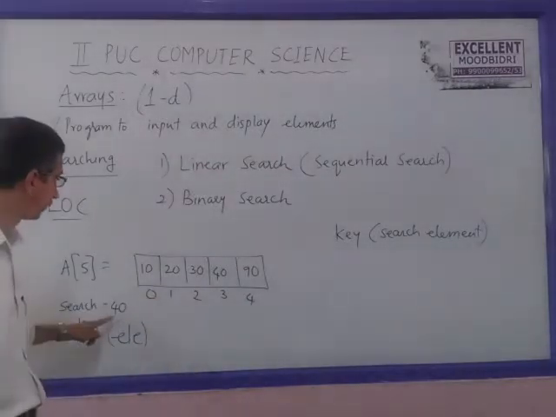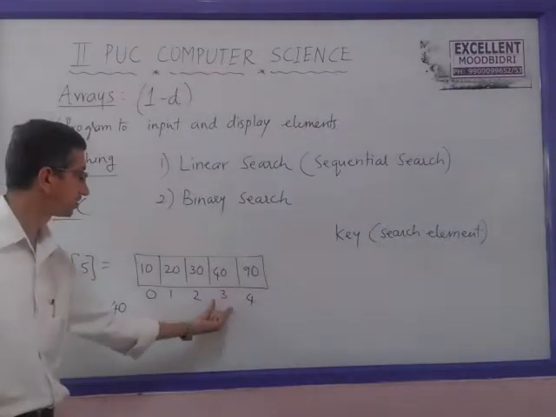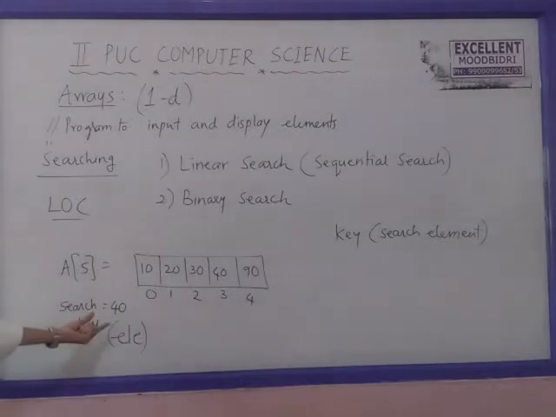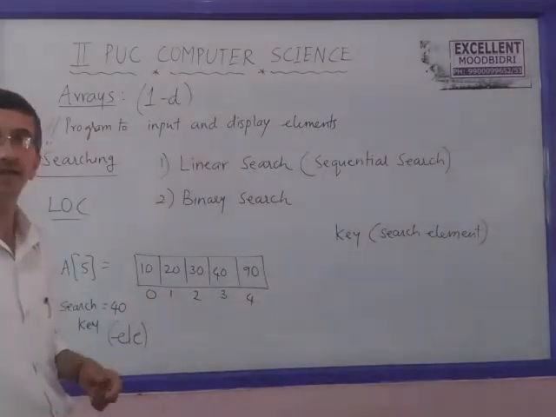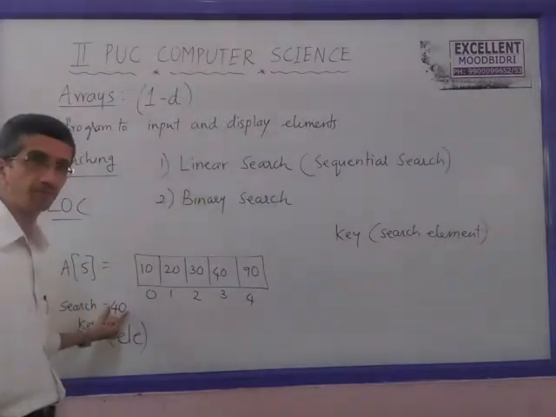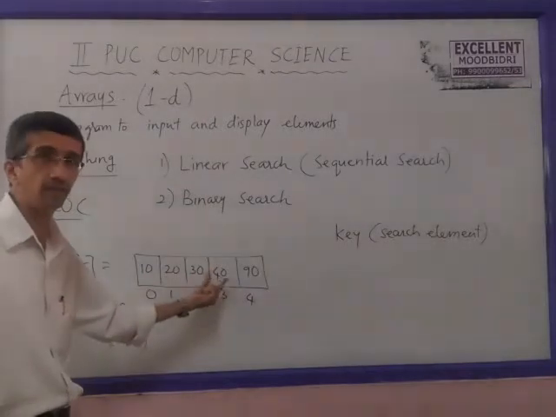Whether 30 is equal to 40? Not even that. Go to the next item, index 3. It is 40. Compare it with the given item, which is also 40. If we get that, it is successful, right? The match is found here. The condition becomes true. Search item is equal to the item at this index.